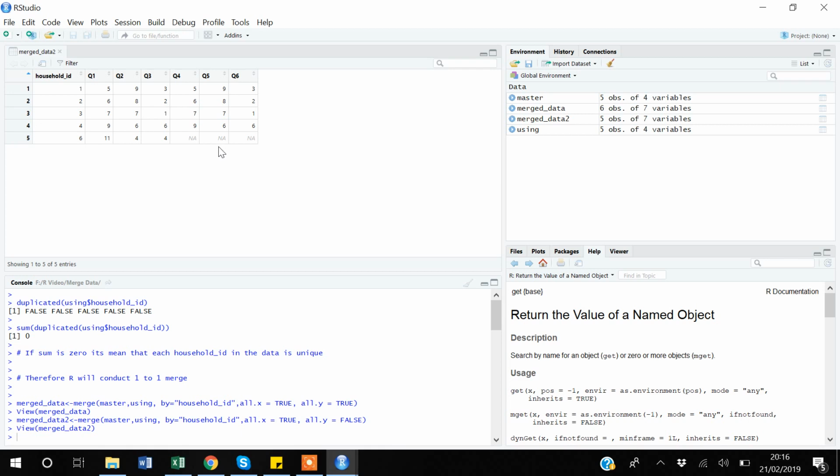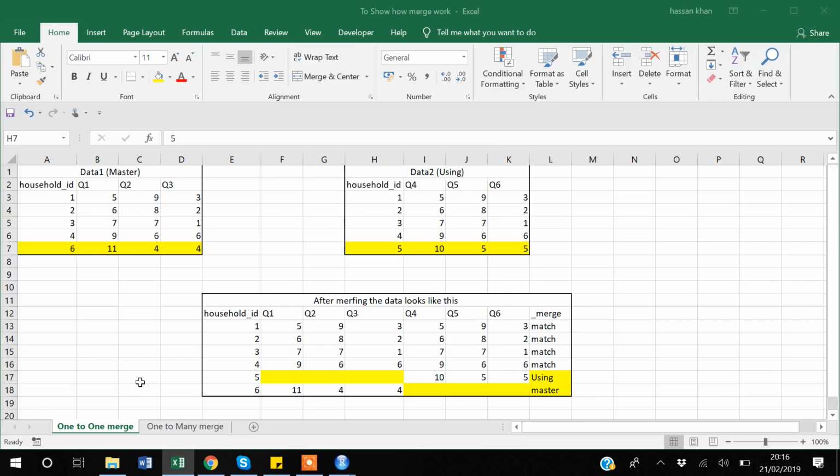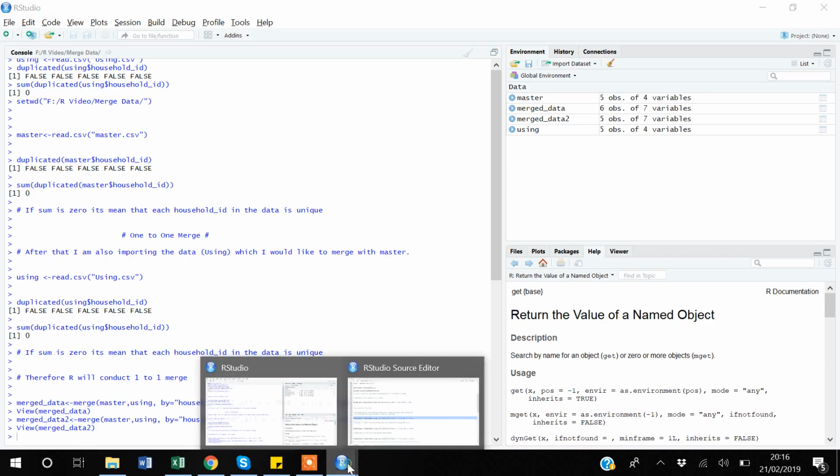But here again, the observation from the using data which didn't get matched with the master data is not kept in the final result. So I will close this viewer now, and if I go back to my code file,